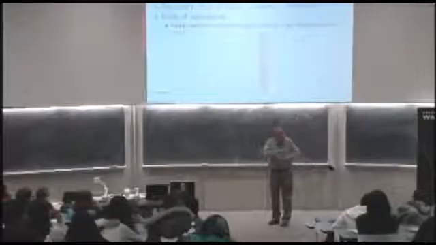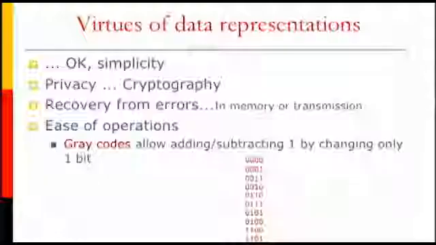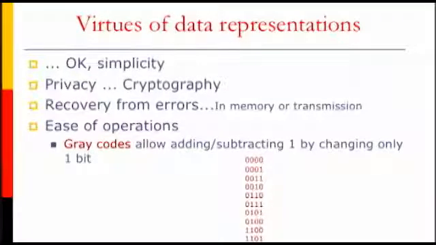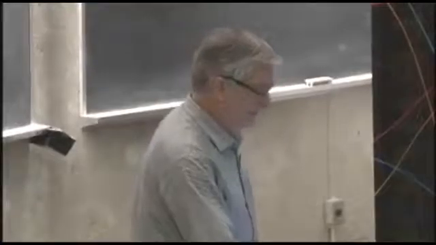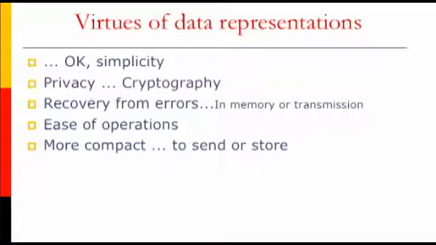But here's a different one that has a different esoteric virtue. So that might be nice. And there are other things like representing numbers so you can do multiplication fast. There are techniques that would be of use there. That's nice. But what I'm really going to spend the next 15 minutes or so on is compact ways of